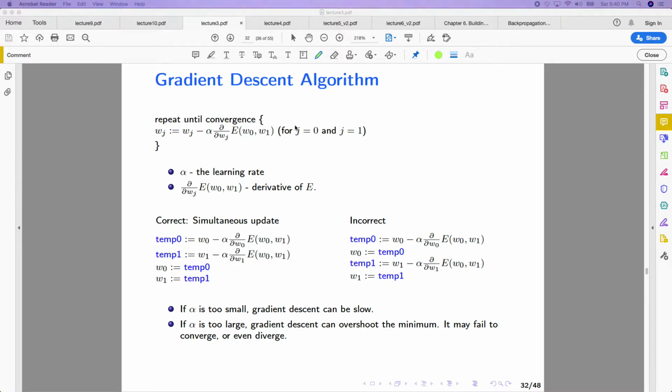Welcome again to another lecture in the deep learning tutorial series. In this lecture, we'll be focusing on